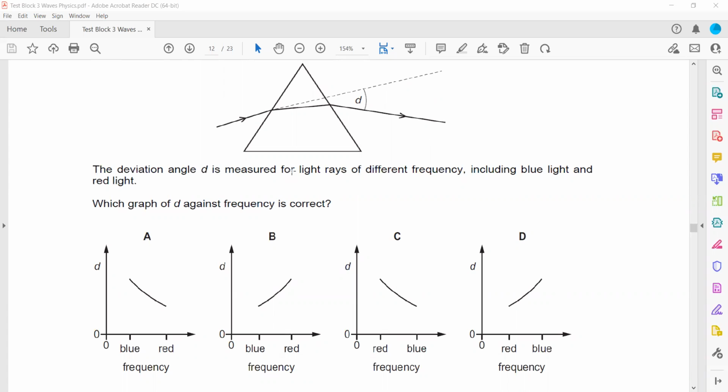Like if I use a blue color, blue has a higher frequency, so it will bend more. And if we use the red color, it will bend least. So when we compare the angles here, for red, the angle of deviation is small. For blue, the angle of deviation is more. So it means